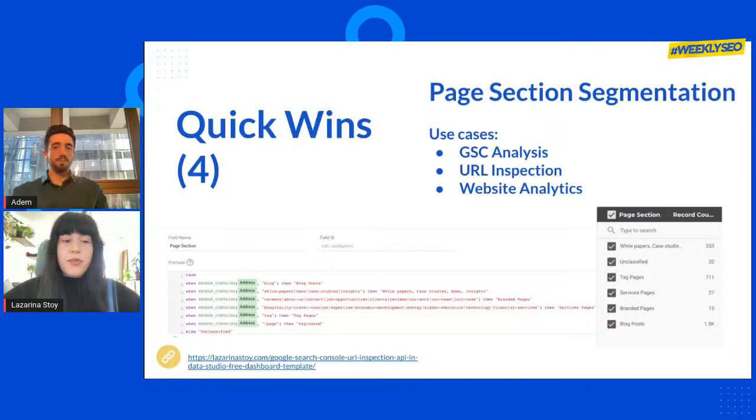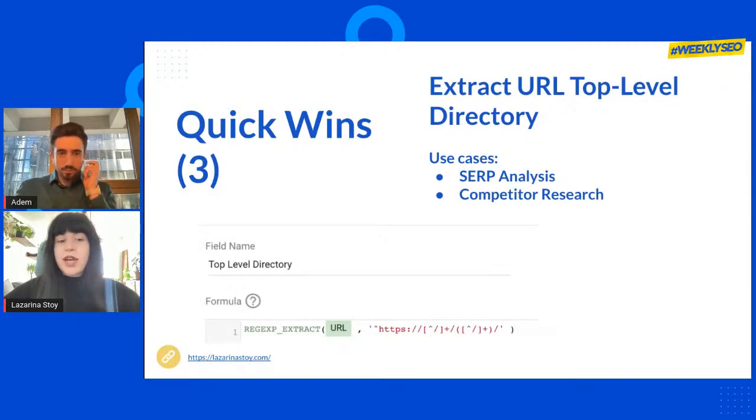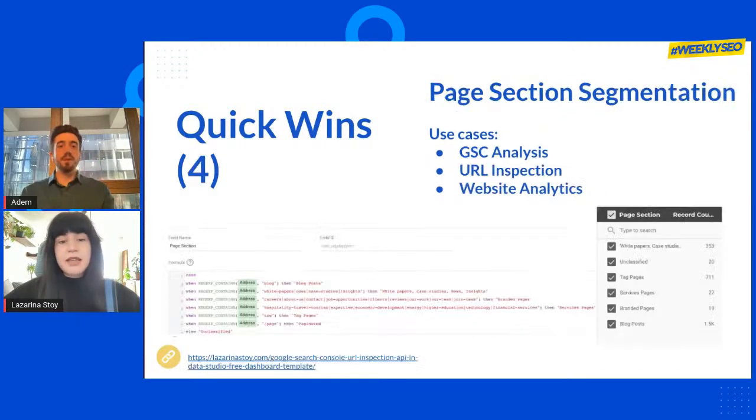So this is one way here, if you already know the sections of the site. But if you don't know them, the first step would be to extract the top-level directories and then visualize them with this type of drop-down filter here. Again, very, very useful. Very useful to be able to have this type of filter in your report, because you